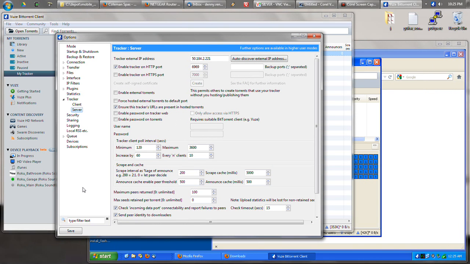Lastly, your server is likely going to have a different IP address on the internet than what it does on your local area network. You can use this Auto Discover External IP Address button to query the network to self-identify and then find out your IP address externally. Mine is